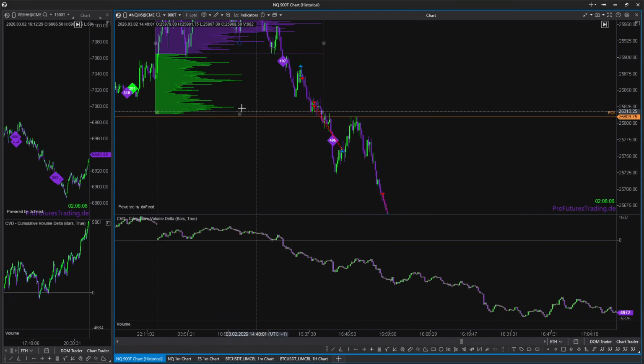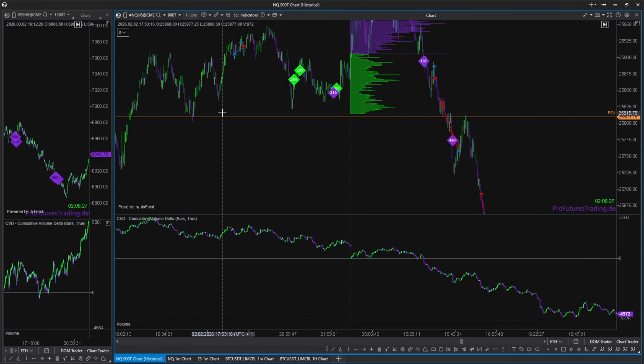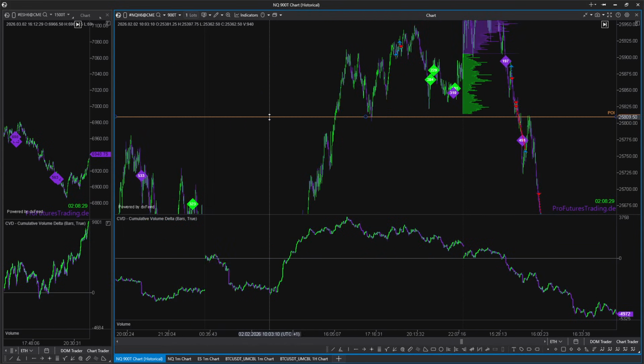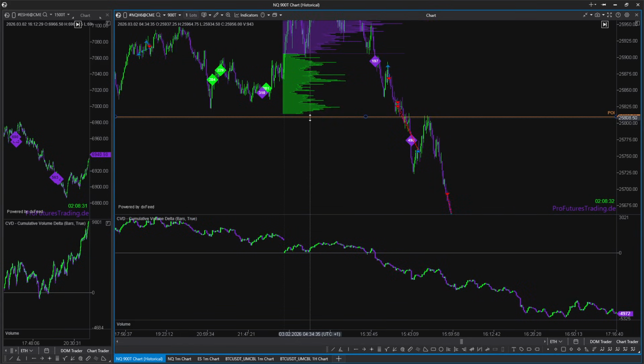Then I saw, okay, here's high volume, the high volume node. This is always something you have to consider when you're trying to do a breakout. If you want to try a breakout, you need low volume, you need it fast, and you need the breakout to be fast as well. If you see high volume at the low of the previous volume edge from yesterday, this could lead to a